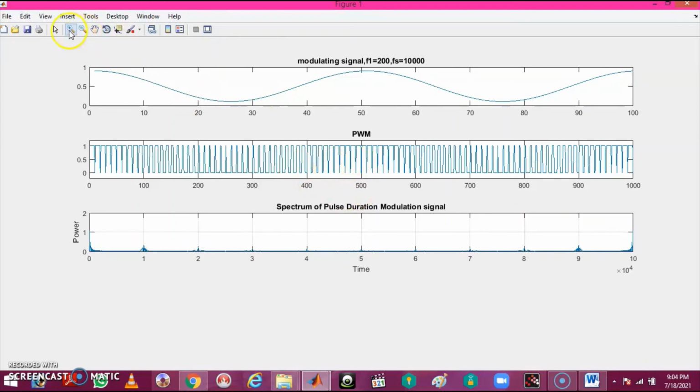If you want to zoom, you can zoom the image and verify your outputs. So we have got the output for pulse width modulation also.